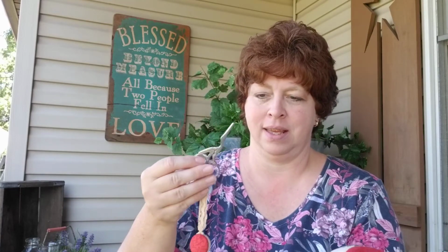And I was looking for those little red and white checked embroidery scissors in all of my project bags, and I can't find them anywhere. So, but when I was going through some of my mom's things, I found her embroidery scissors, and I thought, well, that's an even more exciting thing for me. Because she just passed away in April, so I love the thought of having her scissors on there. And then,